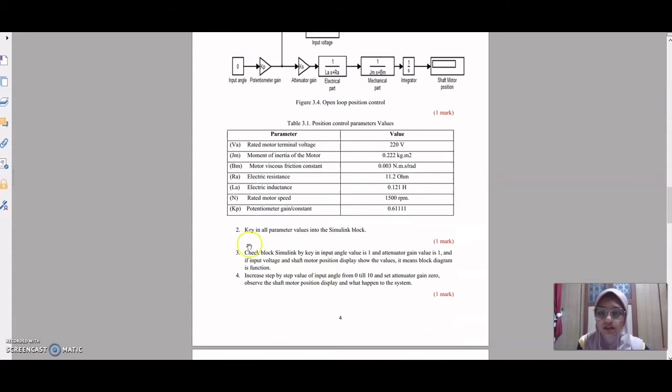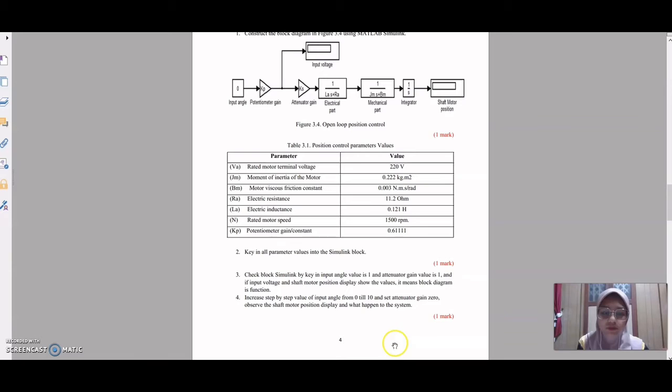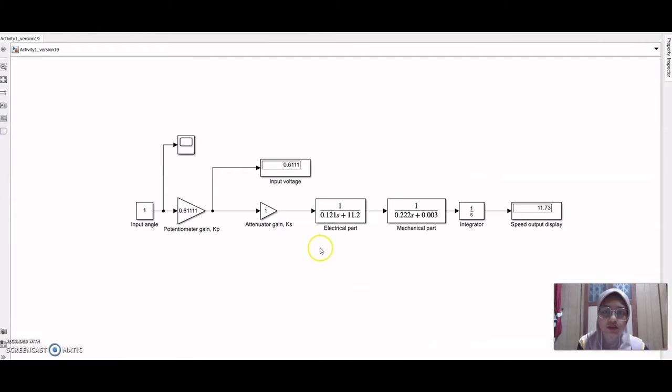Okay, second step is to key in all the parameter values into the Simulink block. So in the table, here are the parameters that we have to key in the block. Okay, now let's look at the MATLAB Simulink. So here is the block diagram constructed by referring to figure 3.4 in the lab sheet, and then the parameters